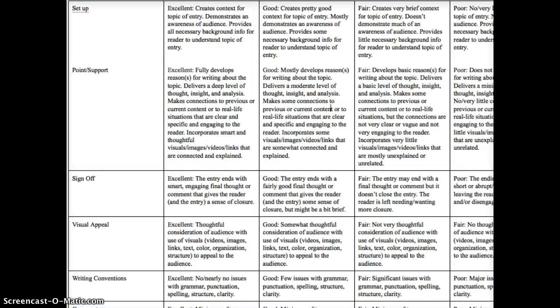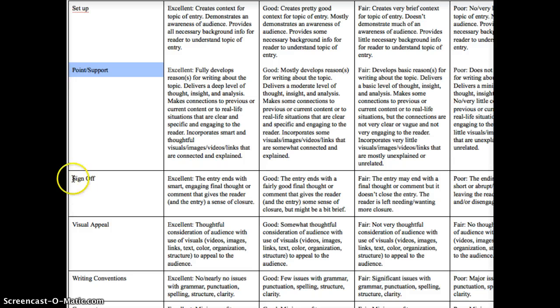This here is a quick glance at the rubric that I will be using to grade and score your blogs. This rubric will be in Canvas, and when I'm finished grading it, you will see where your scores landed for each of these categories. You will see here that there's a category for the setup, which is the start of your entry, the point and the support, which is the information and the body, that major